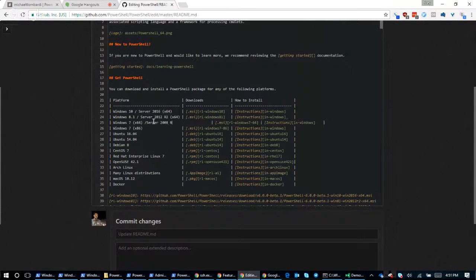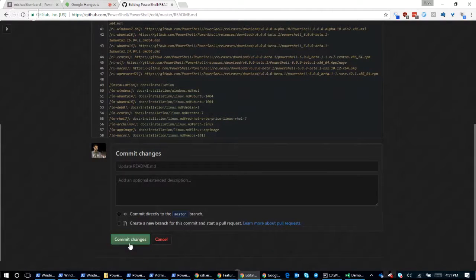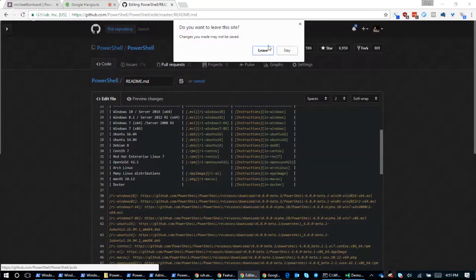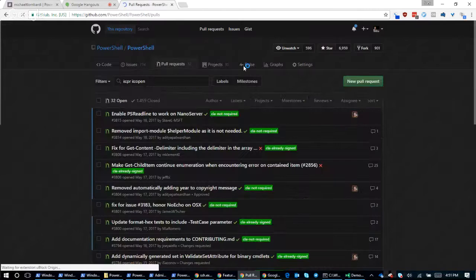I'm not going to do this because it's not going to create a pull request, it's going to just do it, and I don't want to do that. But you go down to the bottom, and this button will say, create a new branch for this commit and start a pull request. That's what it will do in your repository without permissions to commit directly. And so you can just do that, and we're going to get a pull request. It's going to show up here in pulls, and we will just triage that pull request. We might tell you, oh, you need to change this one thing or whatever. It's not a big deal.